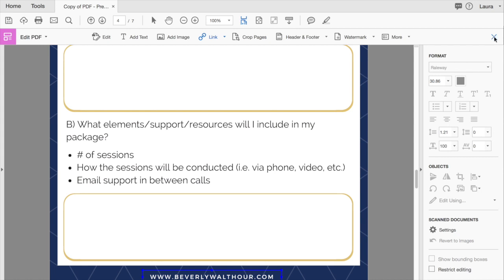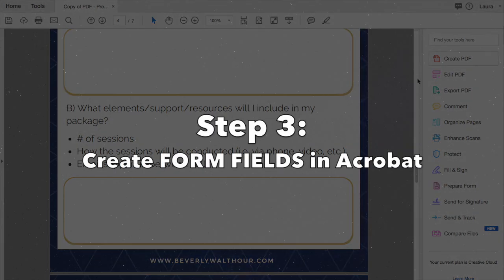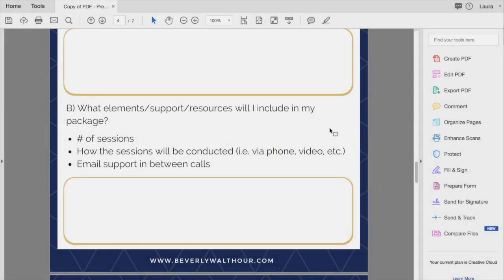I'm going to exit the Edit PDF zone and move on to task number 3, which is prepare your form and create fillable form fields so that your program participants or opt-in participants can use this workbook as an actual workbook and type in these fields. So for number 3, I'm going to go down here to prepare form